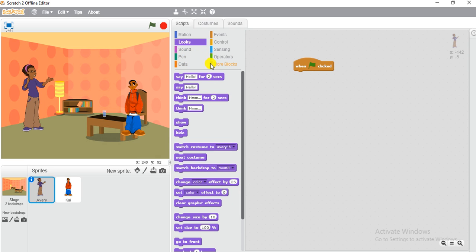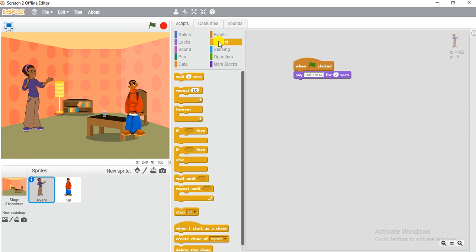You can go for here, say hello for 2 seconds. So I'll just write over here. You can edit also, so I'll write over here say hello, and you can click and you can write anything. So let it be Kai. So I'll write over here hello Kai, and I will just click on another option, that is the control option,